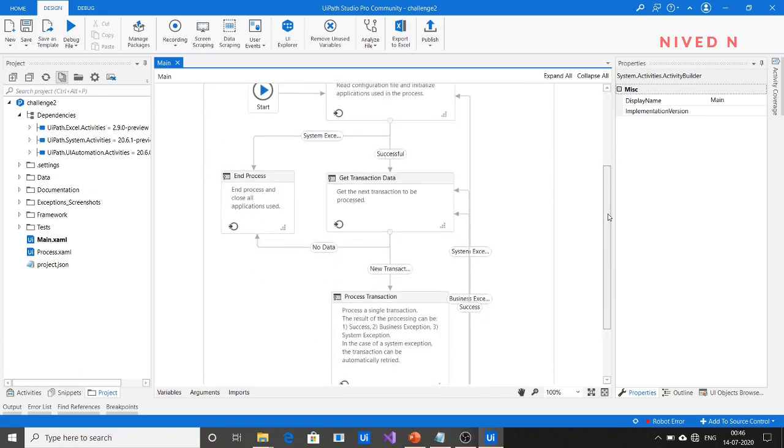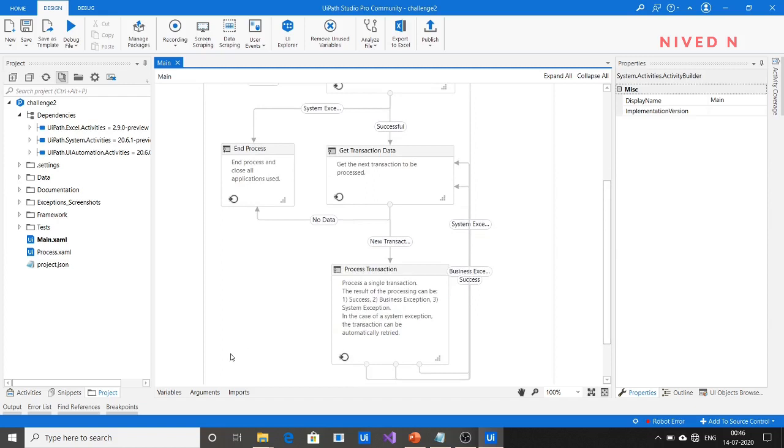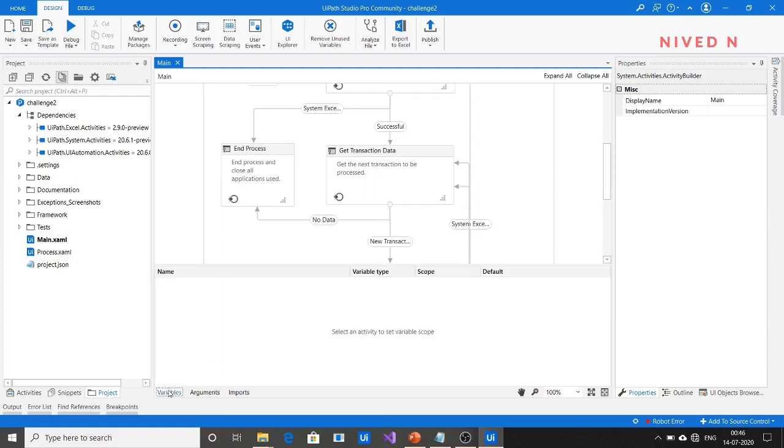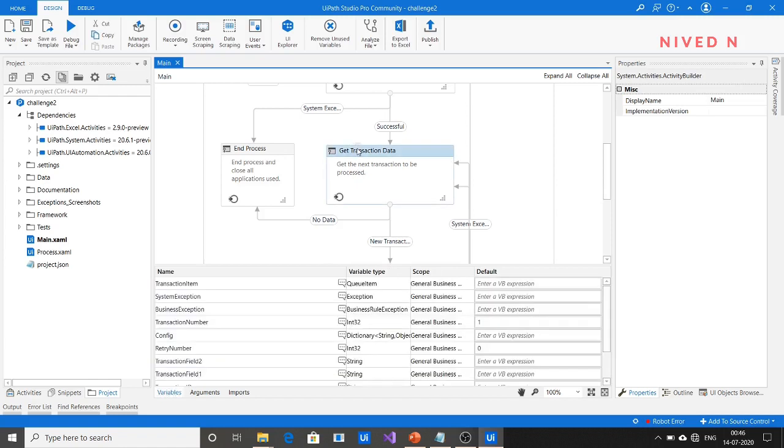Next step, in the first step, we have to know what is the variable type of the transaction item.